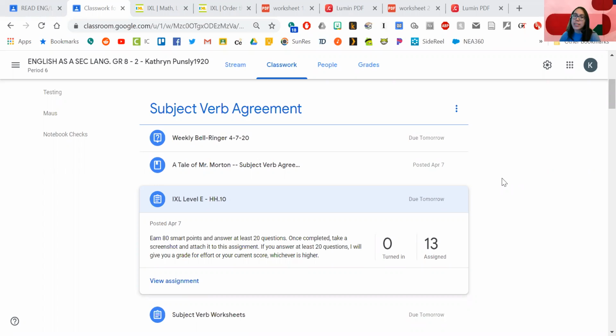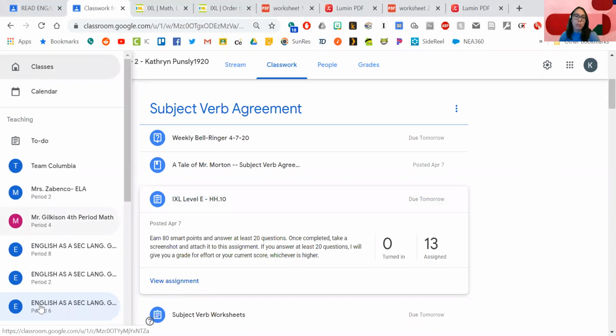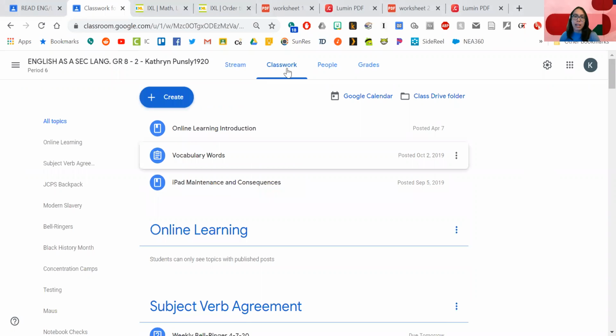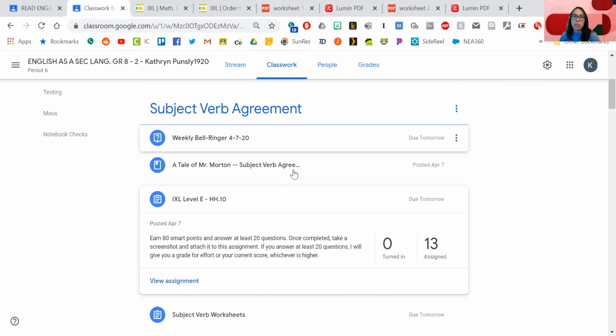I got a lot of questions about the work this week, so I'm going to go over a little bit, and we're going to start with IXL and how to do it. Your assignment should be on Google Classroom, on the period that you have me, either my 5th period or my 6th period. Then you're going to scroll down to your classwork, down to subject verb agreement, which is what we're doing